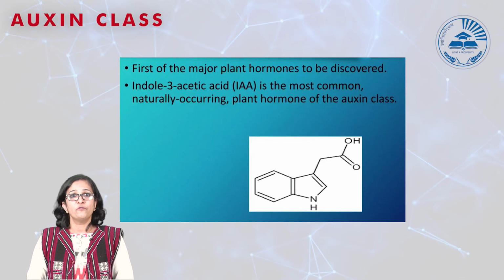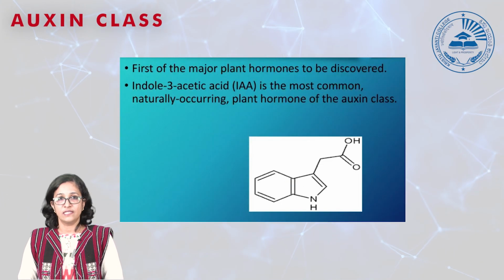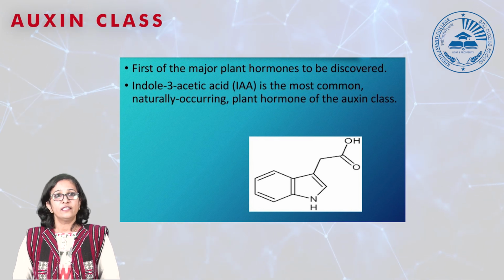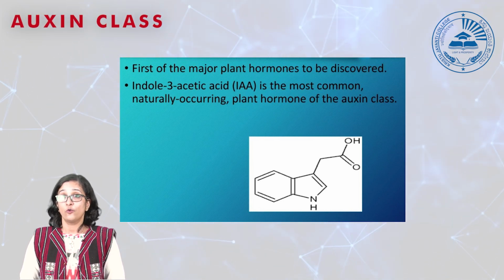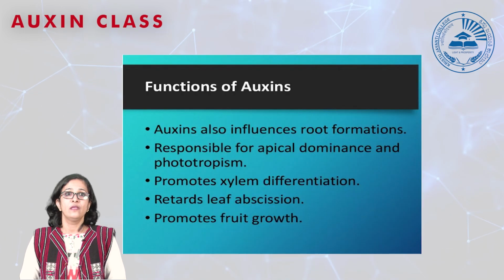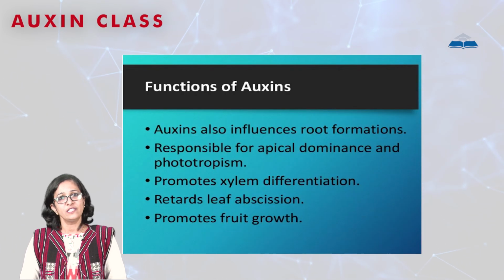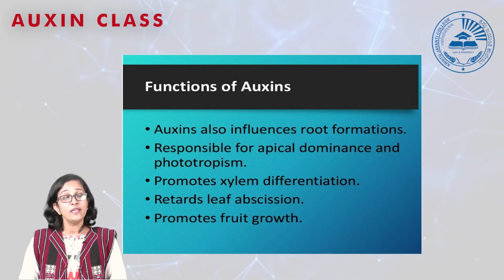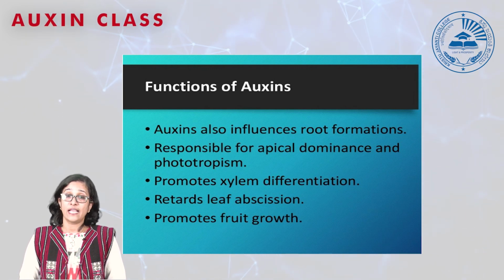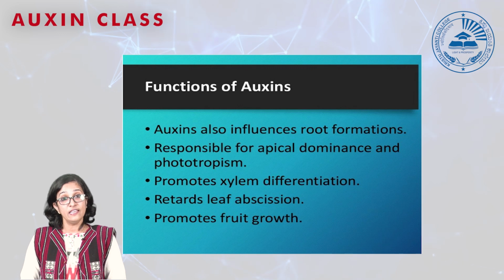This is one of the first major plant hormones that were discovered, and they come under the indole-3 acetic acid, which is the most common naturally occurring plant hormone of the auxin class. And common functions of auxins include root formation, responsible for apical dominance and phototropism, promotes xylem differentiation, retards leaf abscission